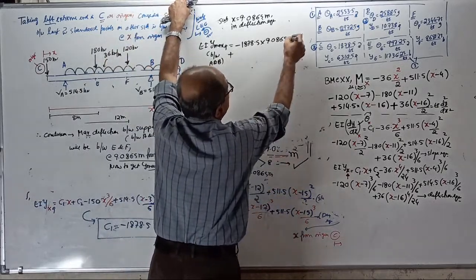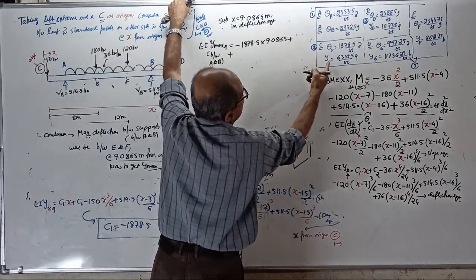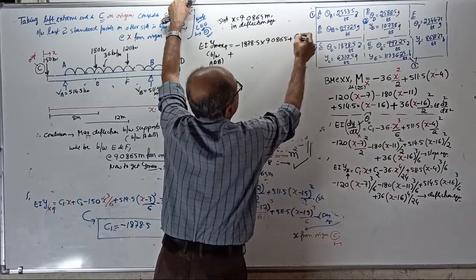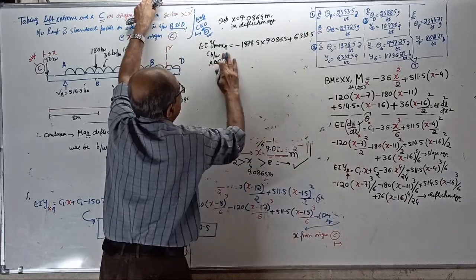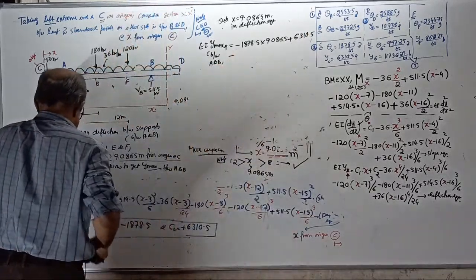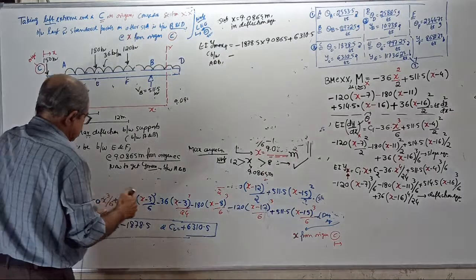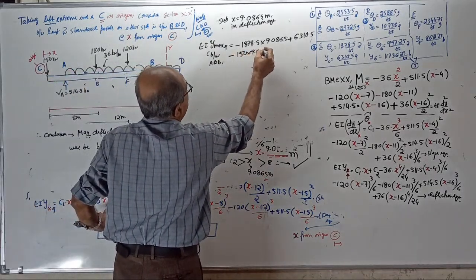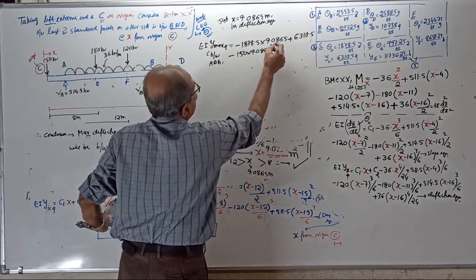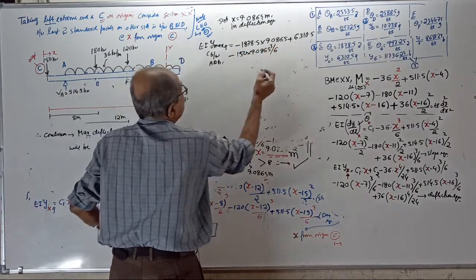C2 is 6310.5, see there. Then minus 150 into x cube by 6, 150 into 9.0865 cube by 6, plus